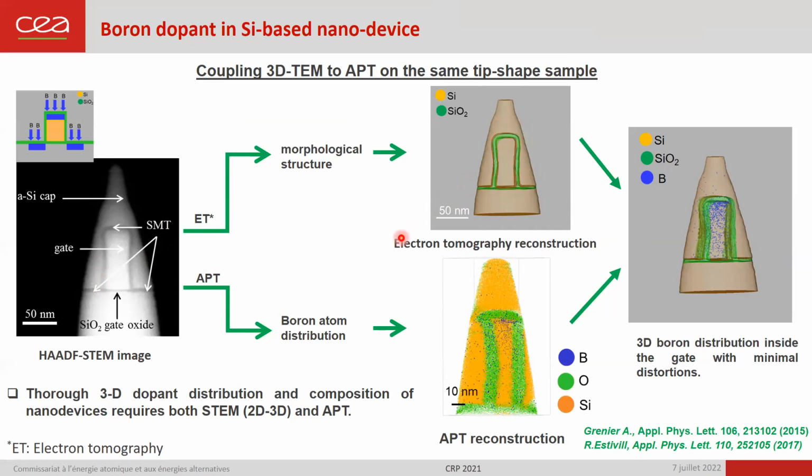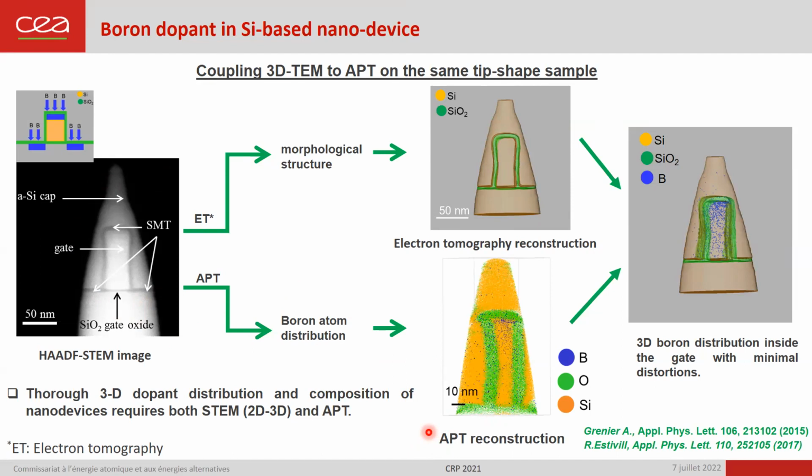After the electron tomography experiments, atom probe tomography has been performed on the same tip. And this is the result of APT when we are using a standard reconstruction algorithm. Even if we are able to detect boron within the device, we can easily see that the device is distorted from the original one. So if we want to get accurate and reliable information about dopants, we have to minimize this distortion. So we correct this distortion, at the first order,